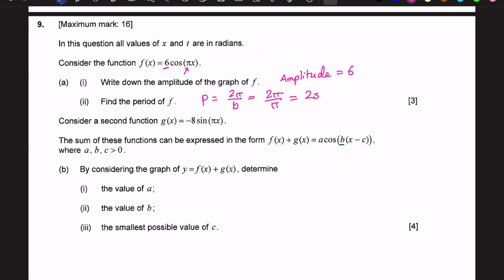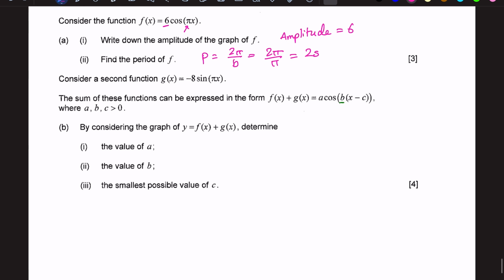seconds. Fine. Now we have a second function g(x) which is equal to minus 8 sin pi x. So the sum of these functions can be expressed in the form f(x) plus g(x) equals a cos(bx minus c), where a, b, c are all positive. You have to find the values of a and b and the smallest possible value of c. Starting with a,